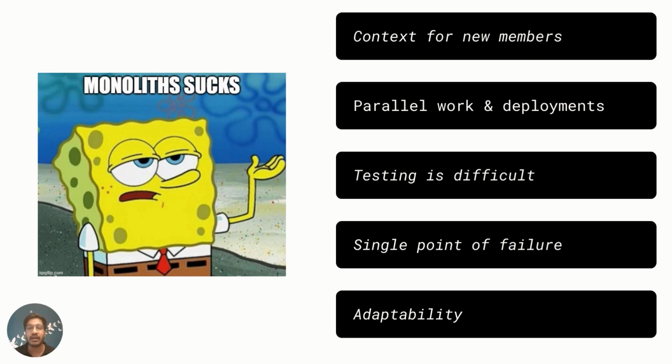Now comes adaptability. Regardless of how easy the initial stages seem, monolith applications have difficulty adopting new and advanced technologies. Since changes in languages or frameworks affect the entire application, it requires effort to thoroughly rework the application, and hence it is costly, time consuming, and requires more effort as well. So that's why it is preferred, as soon as your organization grows, to start moving to microservices. We'll be talking about how to move from monolith to the microservice architecture in some time.